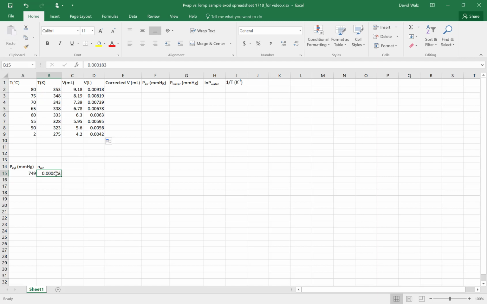So anyway, you'll need to calculate that manually, this number right here and this number. So once you have those two values, you can begin getting the rest of these. I'm going to skip this column because we're not doing that. Now P air is going to be equal to